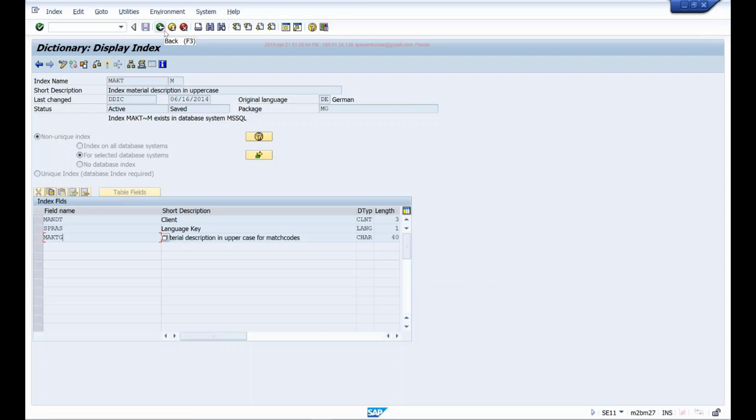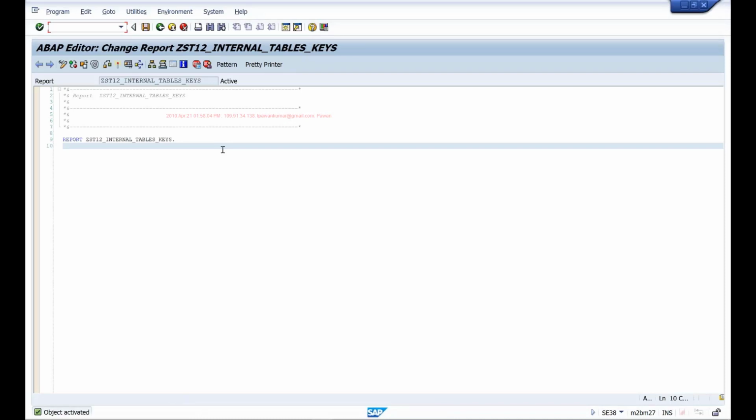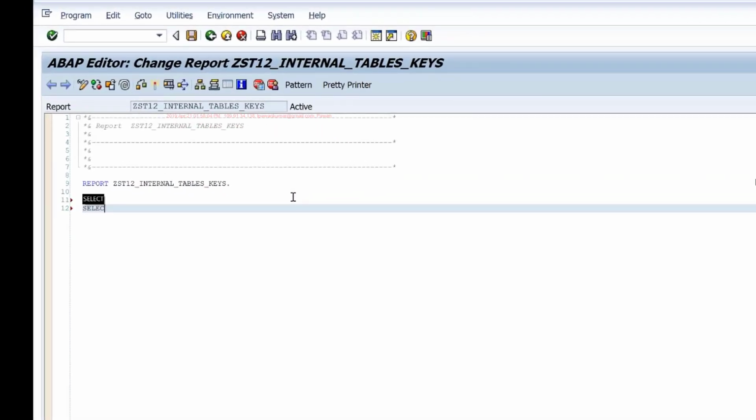So in the above, we don't use MANDT. But for the other two fields, MATNR and SPRAS, if I put a where clause, for example, if I write a select query, something like select star from MAKT into table IT_MAKT, where MATNR equals something and SPRAS equals something. Okay. When I do this,